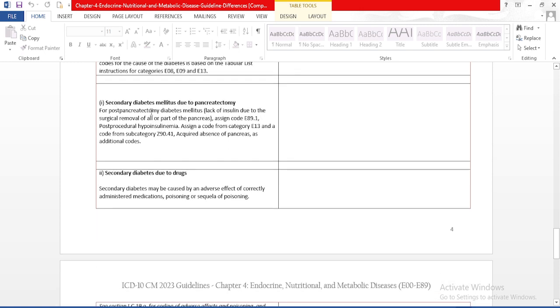Next guideline, secondary diabetes mellitus due to pancreatectomy. Pancreatectomy means removal of pancreas. So for pancreatectomy, diabetes mellitus, lack of insulin due to the surgical removal of all or part of the pancreas, assign code E89.1 post-procedural hypoinsulinemia, and also assign a code from E13 and a code from subcategory Z90.41 acquired absence of pancreas as additional code. So because of